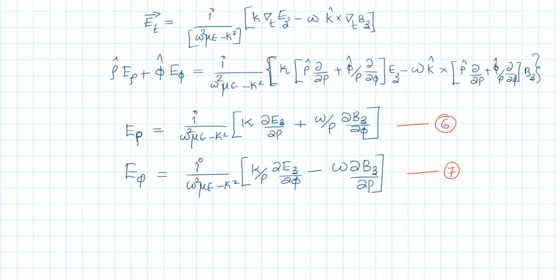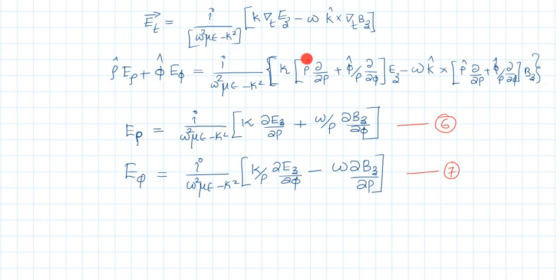So this is the final expression, because I have Et equal to this expression. Explicitly, I can write Et as rho cap E rho plus phi cap E phi. On the right hand side, del t I can write as rho cap dou by dou rho plus phi cap by rho dou by dou phi. This is del t, which we already explained, into Ez minus omega cap cross again del t value, substituted into Bz. Group the terms on the right hand side.